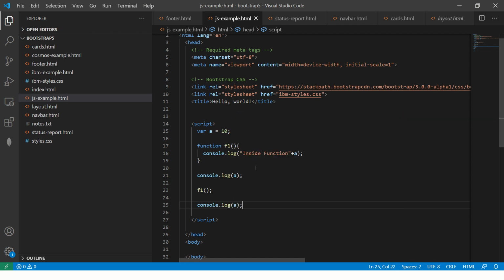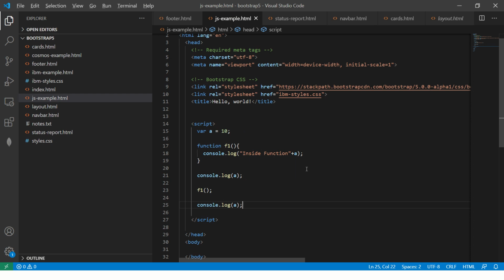Simple, nothing fancy. Just see, I have declared a variable, var a equal to 10. This is a variable with a global scope. I have a function where I'm printing a because I can access it anywhere inside. Then I'm just printing console.log a, and calling the function.